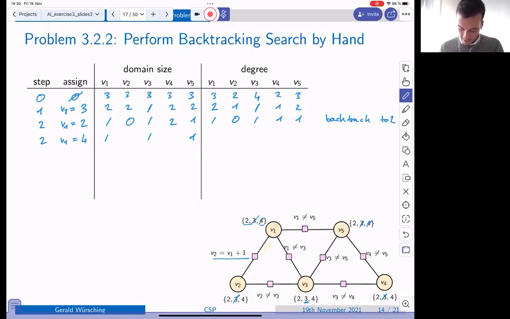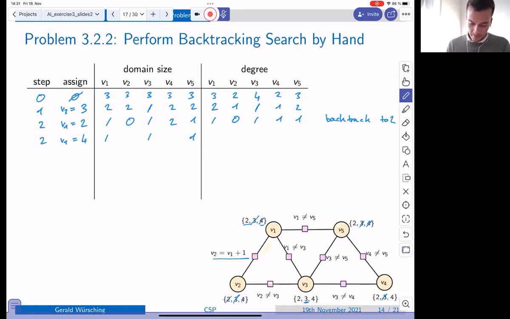then we have to check this constraint again. So we see that the only value left basically is 2 in v1. So we have to see if 2 plus 1 equals 3. And we see that for v2, there is no value that's possible anymore. So we have to strike away 2 and we have to strike away 4.